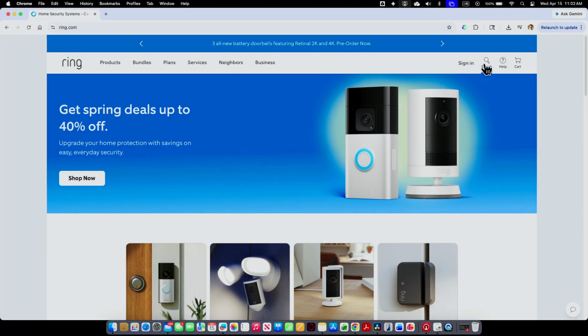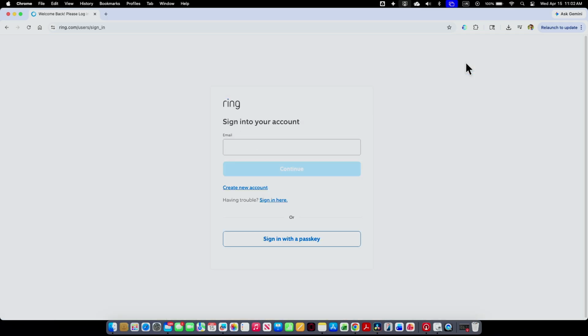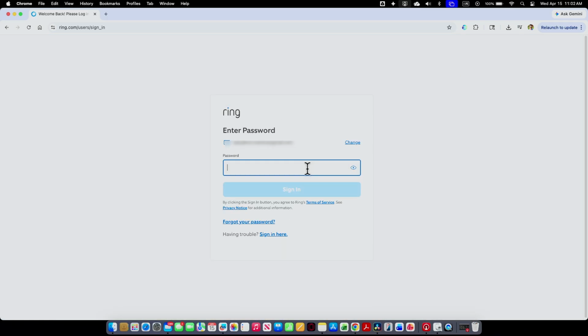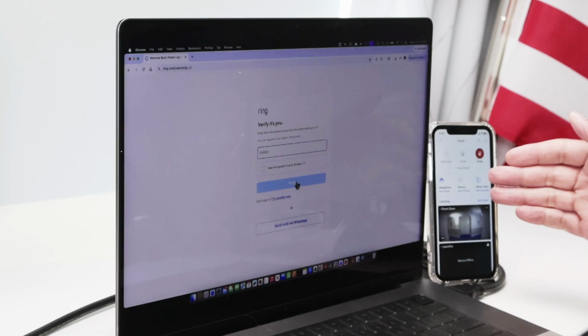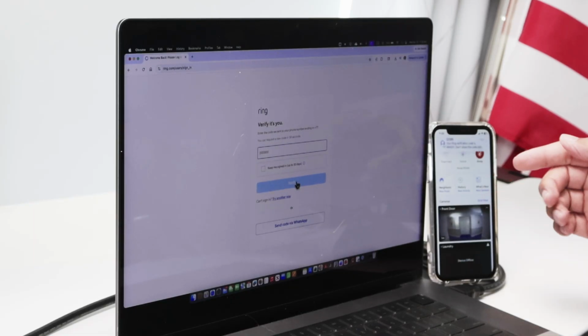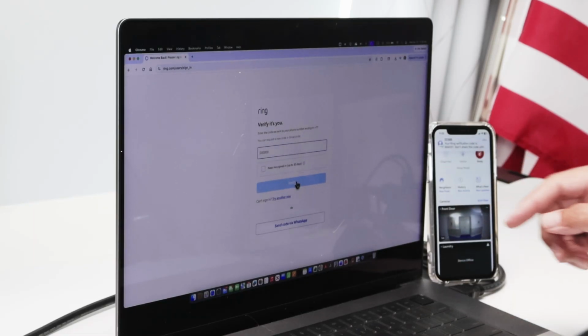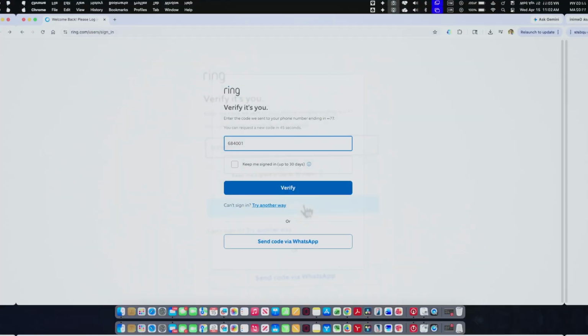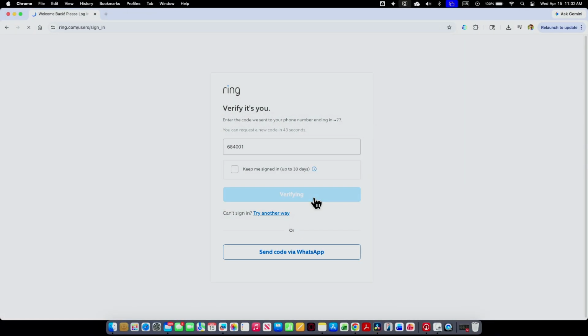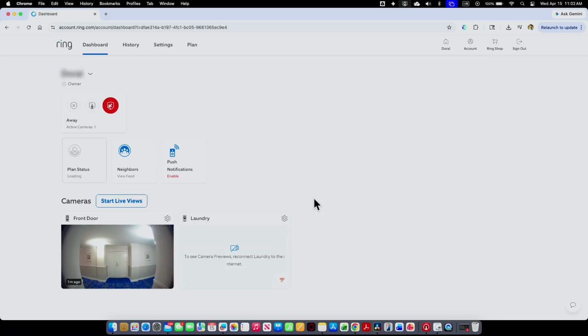And from here, you're going to sign in, enter your email and password. So just hit continue here, enter your password, click on sign in, and you're gonna receive a message here on your cell phone. So you're gonna get the code and insert the code here. So I got mine. I just enter here, hit verify, and then you get into your account and you see